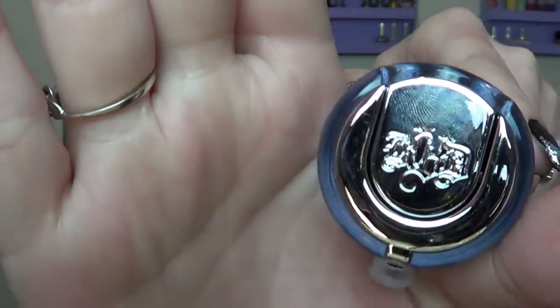This foundation, the bottle that this comes in, it's so fun. And the pump, she has her chrome pump with the logo up here. The packaging for her products, I can't get over. It just immediately draws me in. It's my kind of style. I love it. I'm into it. That alone. Oh! So one of the things that was negative that I read about this was that it's not